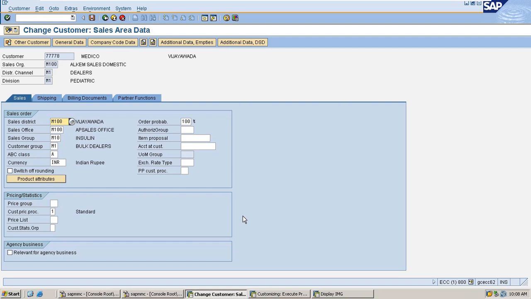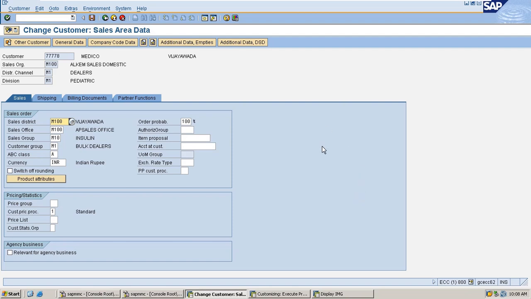It will be switched off. So the bill will be generated for 1.1 liter. And if we uncheck switch off rounding, then the quantity decimals will get rounded off to 1 and the bill will be generated for 1 quantity. And this is what switch off rounding is about.